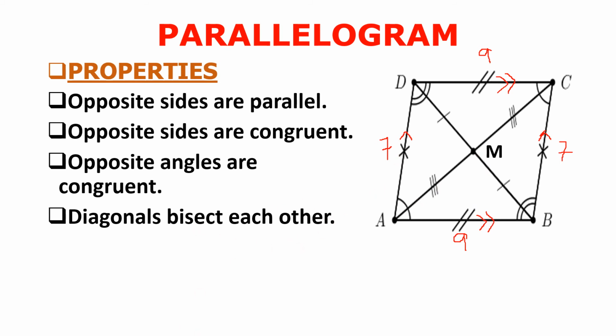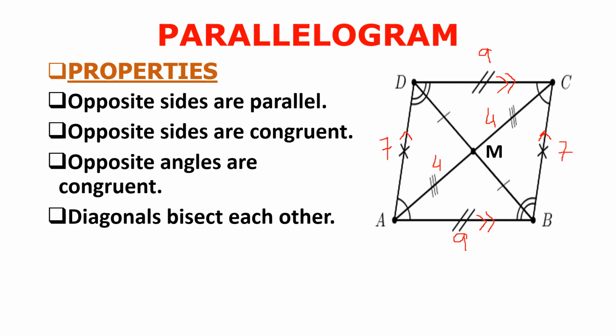Let's see an example. Let's say the full diagonal AC is 8 centimeters. So BD will cut AC into two equal parts. What will be side AM? Full AC is 8 cm, which means AM will be 4 and MC, or CM, also will be 4. So BD cuts AC, which was 8 centimeters, so AM is 4 and CM is 4.